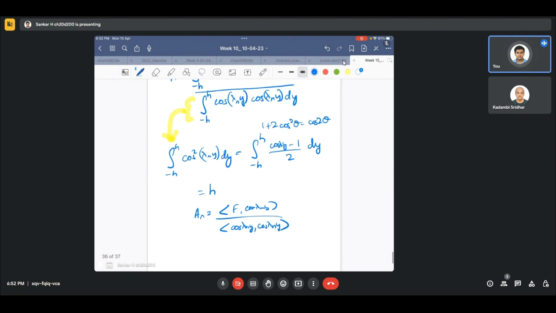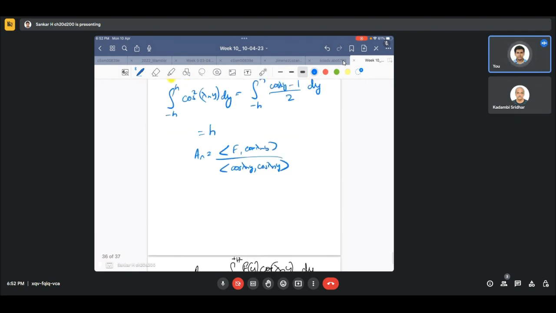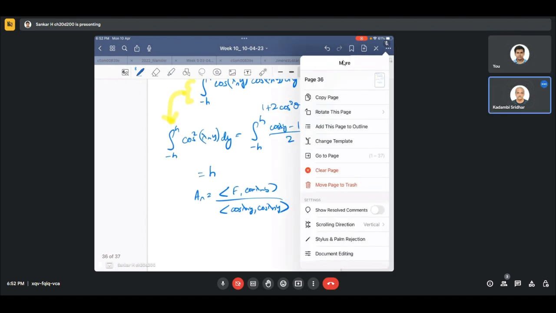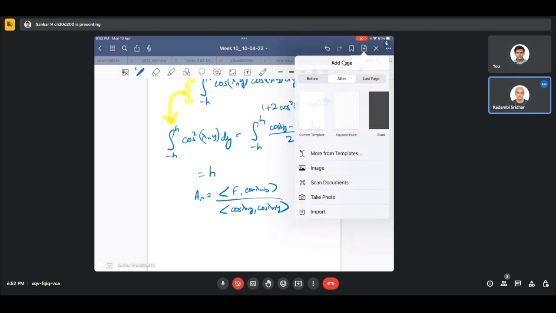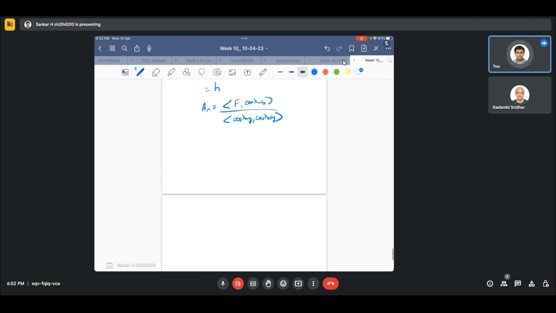Yeah, so we'll get a naught and an, and therefore we can write this. One second. Yeah, therefore we can write a naught and an, and thereby we can write the particular solution as, let me just directly write it as the sum over n equal to 0 to infinity of an cos lambda n y, times